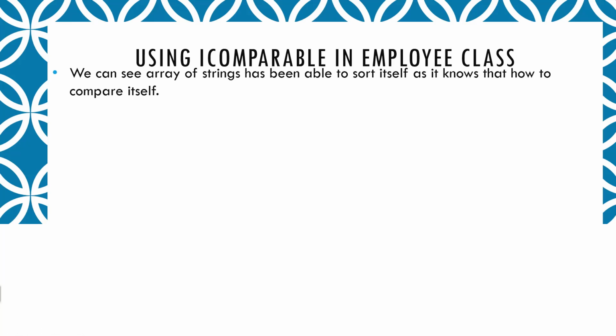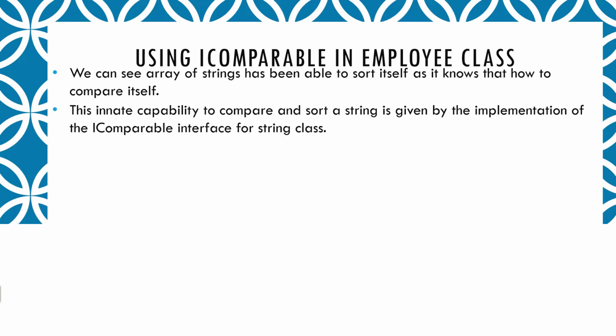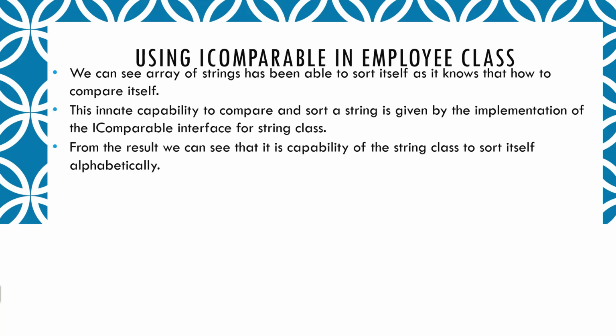How do we say that it knows how to compare itself? This innate capability to compare and sort a string is given by the implementation of the IComparable interface for the string class. If we now flip over to Visual Studio for a second,